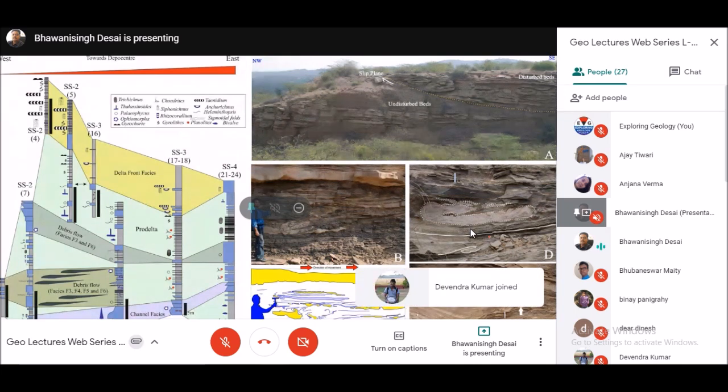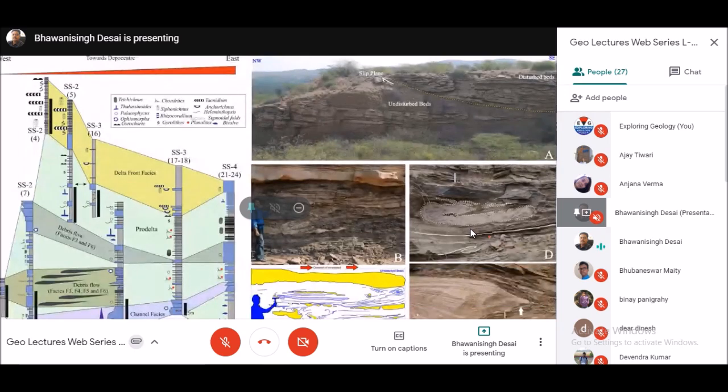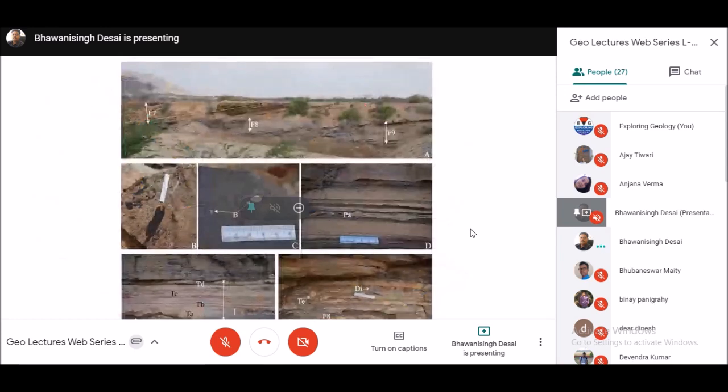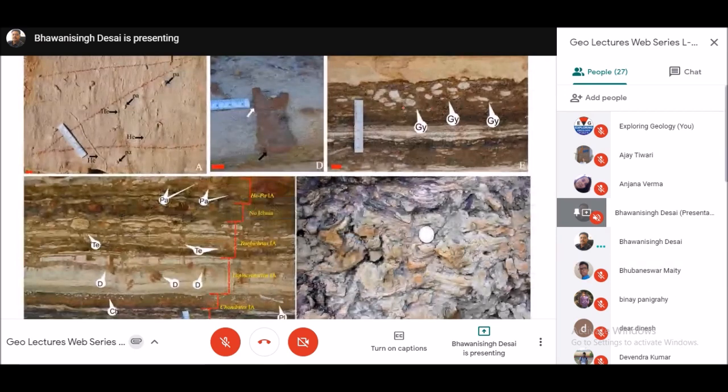Now, having said deep sea submarine fan, it creates two problems. One, you're expecting a deep sea marine fan in a very shallow part of the basin, and then your ichnology should also support it. So when we start looking, what we find is we do not find any of this. We should have typically Nereites or Zoophycos ichnofacies. But most of the ichnofacies were either Skolithos or Cruziana ichnofacies. Okay, so you can see here Gyrolithes, Diplocraterion, this kind of thing.